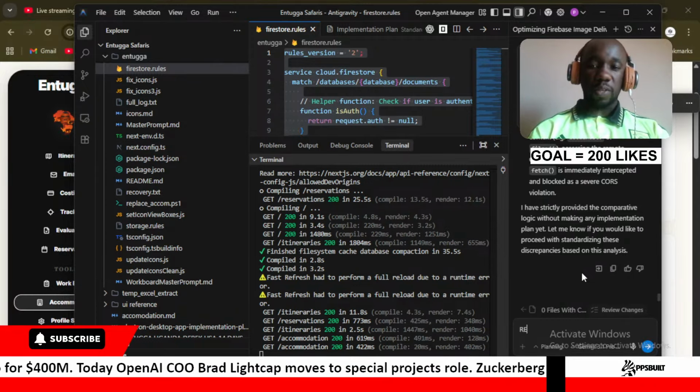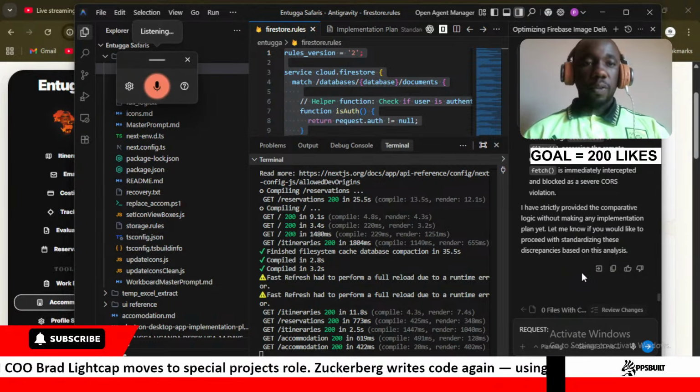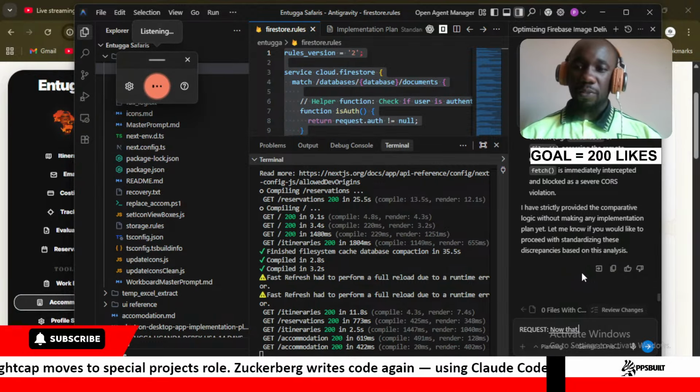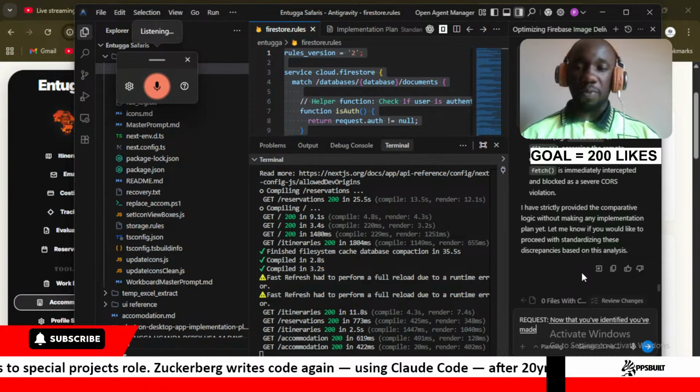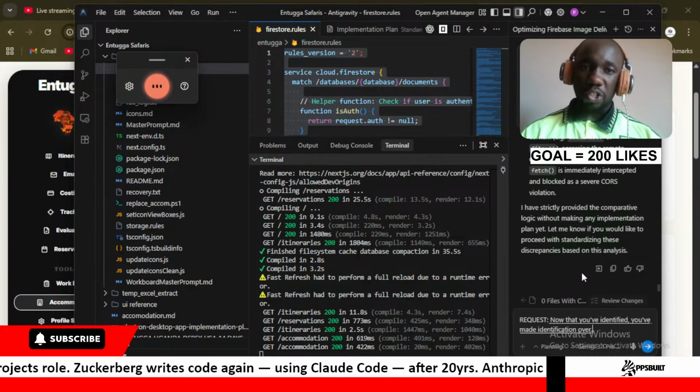So let's resolve this. Now that you've made identification of the working logic